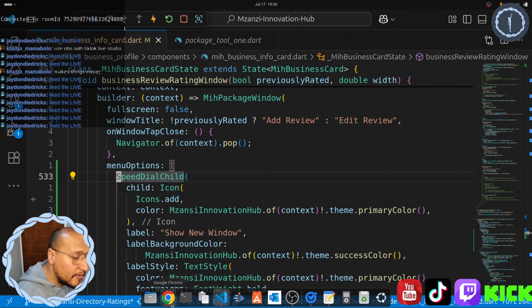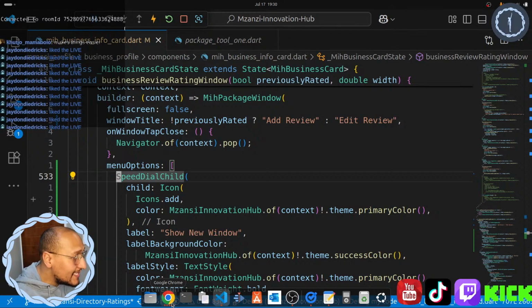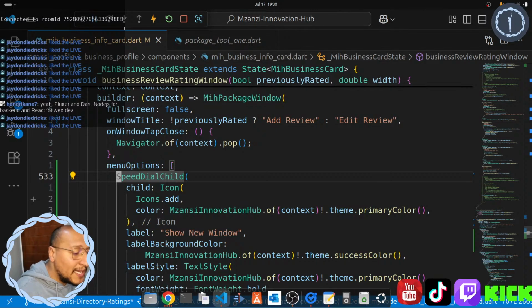So splash screen. So Hendrik, what kind of framework are you using? Are you using React? Are you using Flutter? You're using Flutter and Dart, Node.js for the backend, React for the web. Hendrik, why don't you use Flutter for the web dev also? Just a question, but I'm using a specific package on my side.